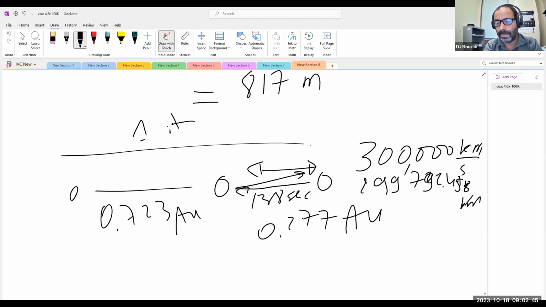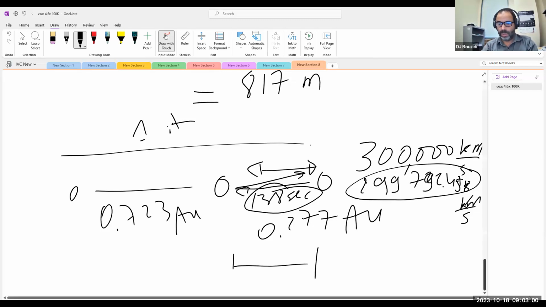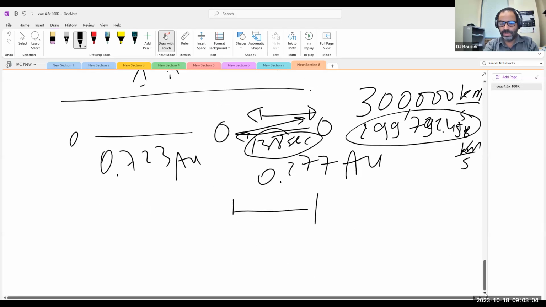That's going to give me a more precise answer. So we multiply 138 times this number. That gives us the same distance in kilometers. So we know this distance in kilometers, and we know it in astronomical units. All you have to do is take the ratio of the two, this distance that we calculated in kilometers,